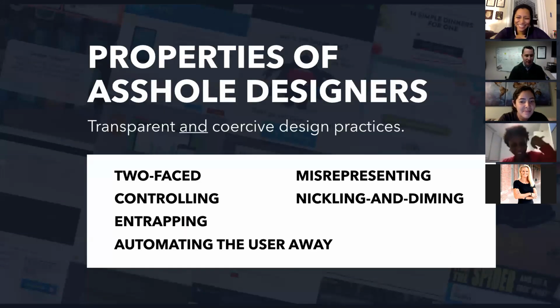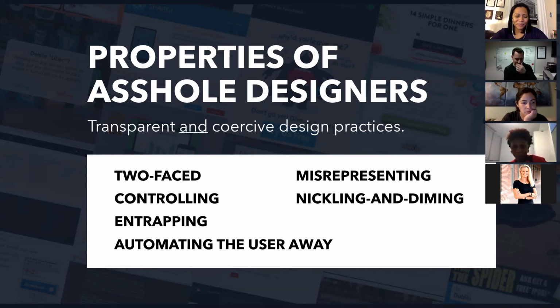Yeah, so we actually found 6 different properties of asshole designers. So we have a theme in our work. All reviewers probably know who we are, because we're always about decentering the design and centering on the designer. So in this case, it's not what are asshole designs as artifacts that exist out in the world. No, they were designed that way. And so what are the properties that were used to make that happen? And so these are the 6 that we've identified based on our scan of the subreddit.